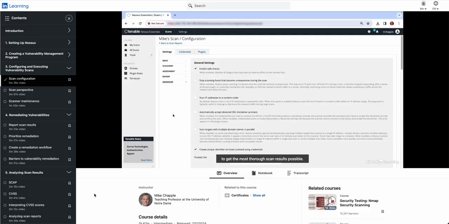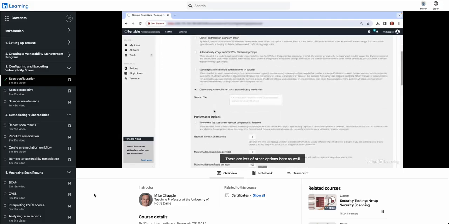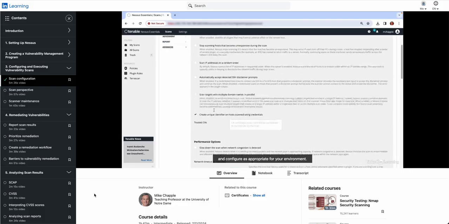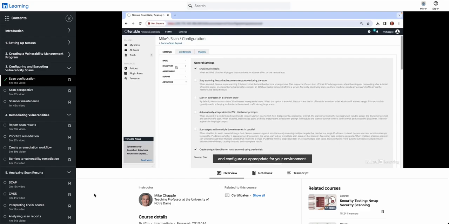thorough scan results possible. There are also some settings on this page that allow you to alter the performance of the scan. You can choose to stop scanning hosts that become unresponsive during the scan, scan IP addresses in a random order, automatically accept detected SSH disclaimer prompts, scan targets with multiple domain names in parallel, and create a unique identifier on hosts scanned using credentials. There are lots of other options here as well that you can go through and configure as appropriate for your